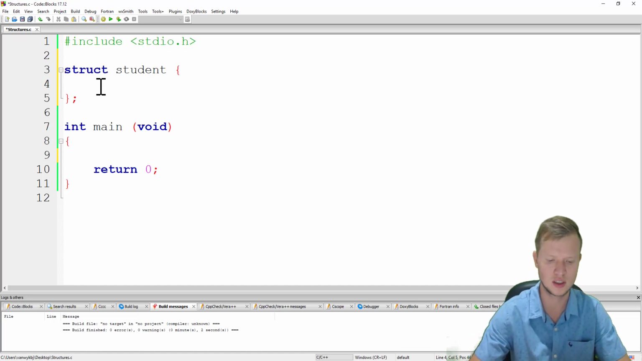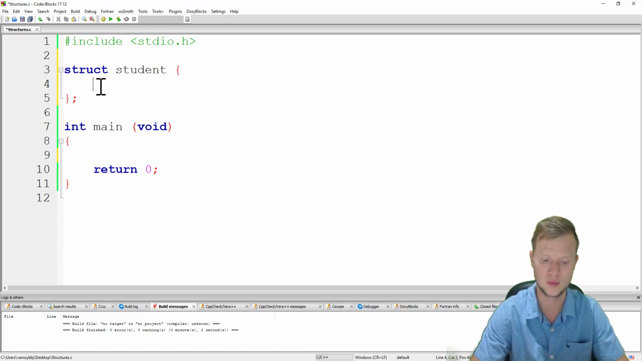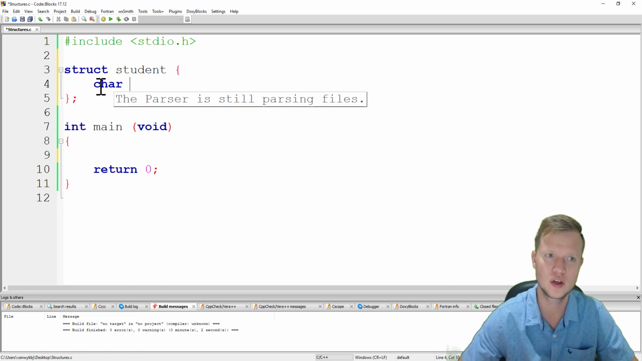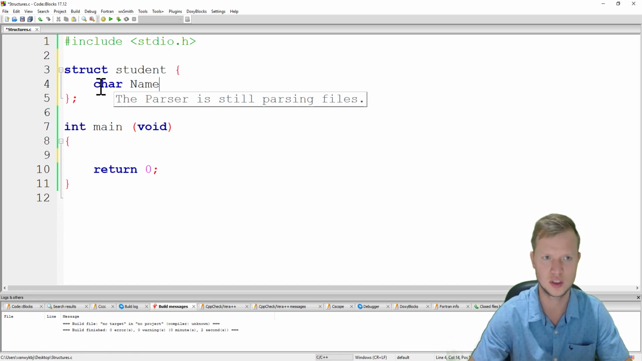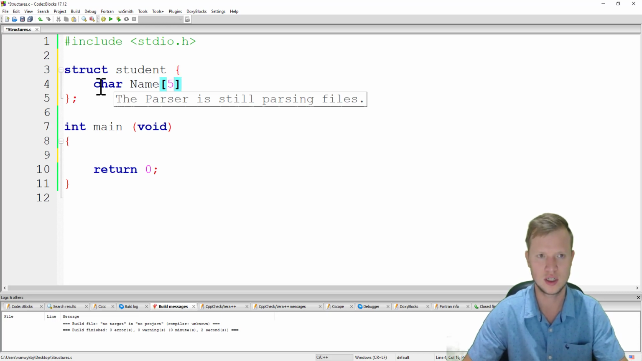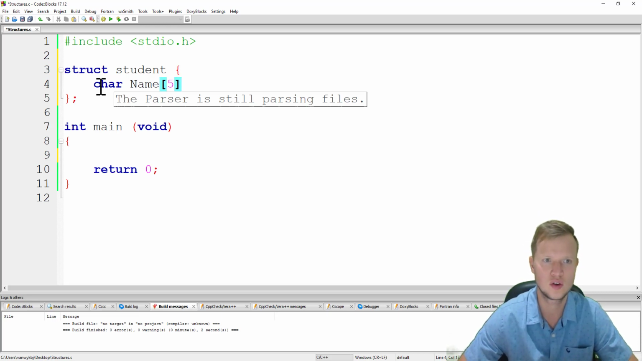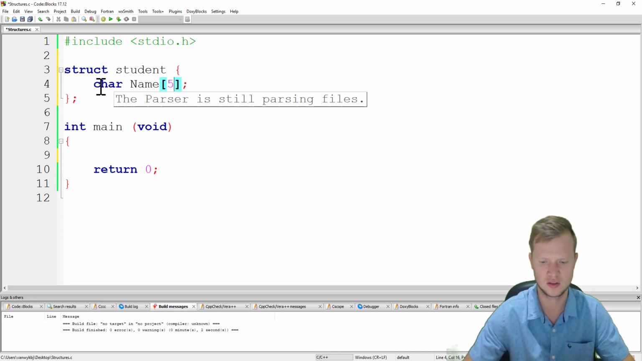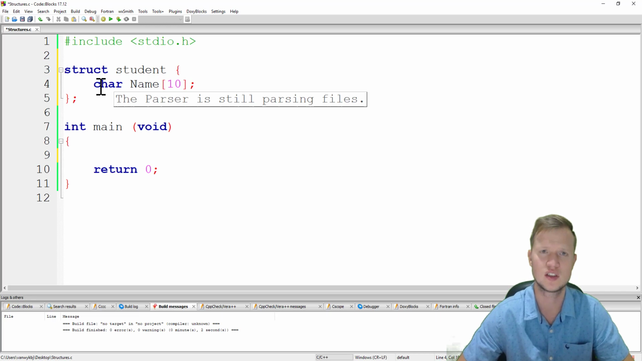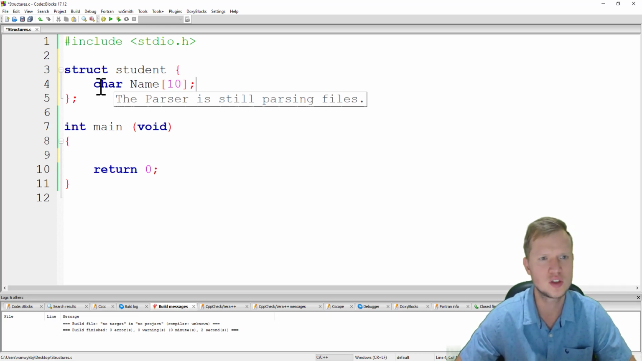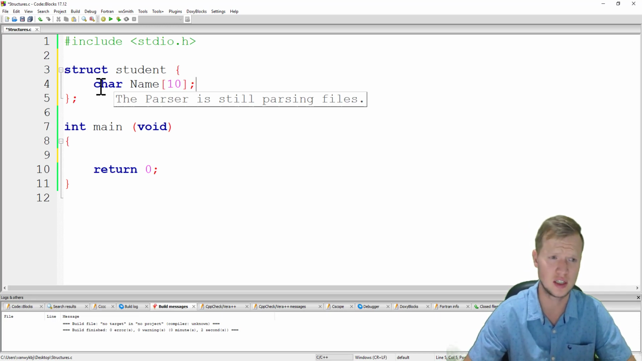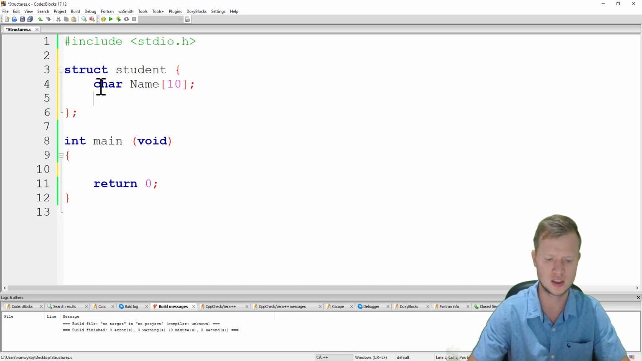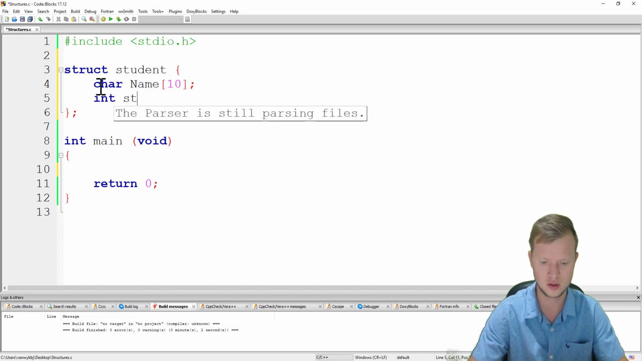So let's say a student has a name, and a name is a char variable. So let's say a char array, sorry, a char array. So let's create a char array of 5, or let's make it 10. A 5-letter name is a little bit short. So char name, a student has a name, a student has a student number,